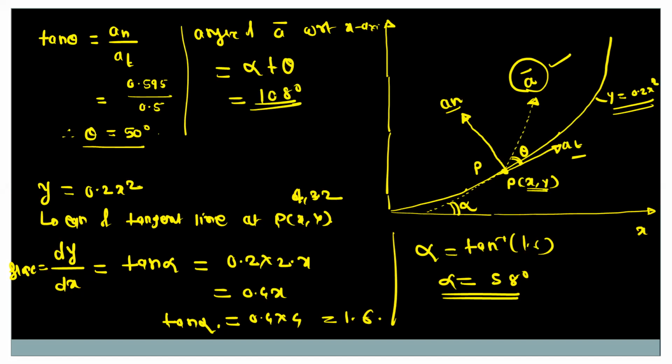Okay. So in this figure, it doesn't look like a 108 degree. So actually this vector, this is the actual position of that vector. So this is the resultant vector, that is a bar. Okay, and this angle is nothing but the 108 degree. Okay, so this is how you can solve this problem.